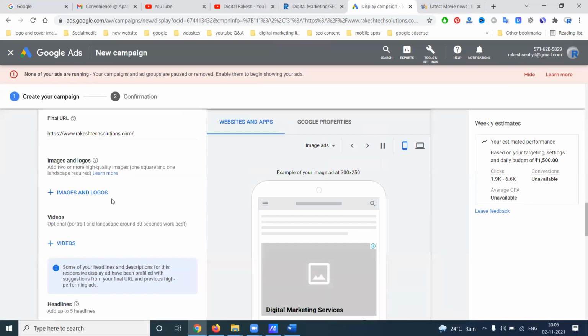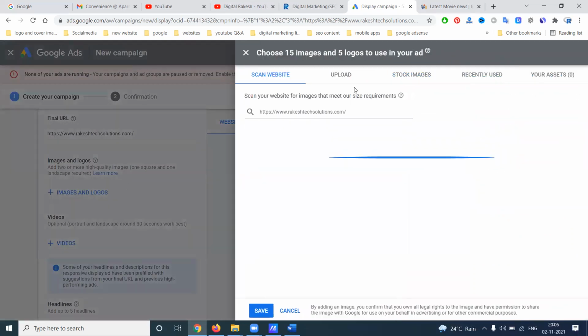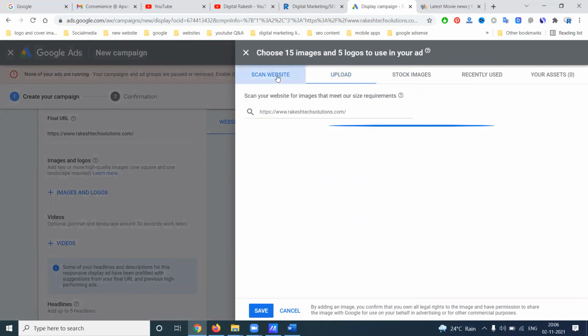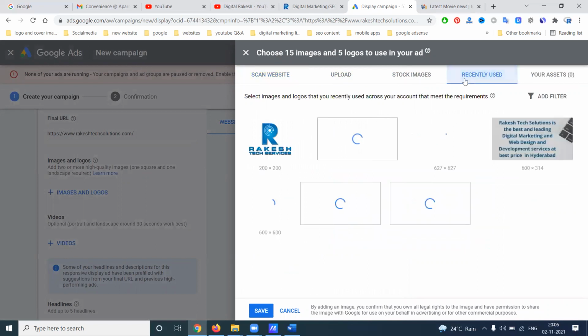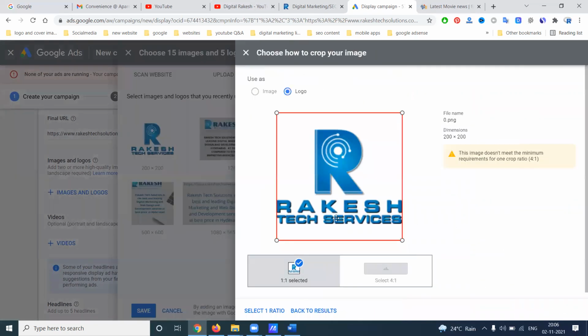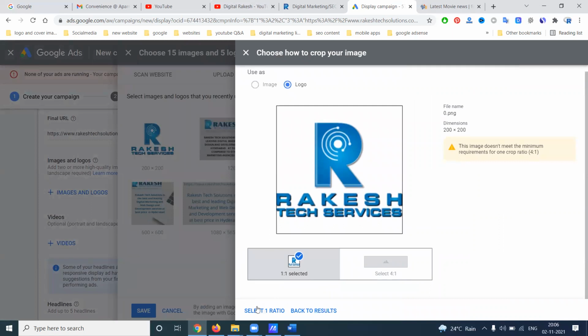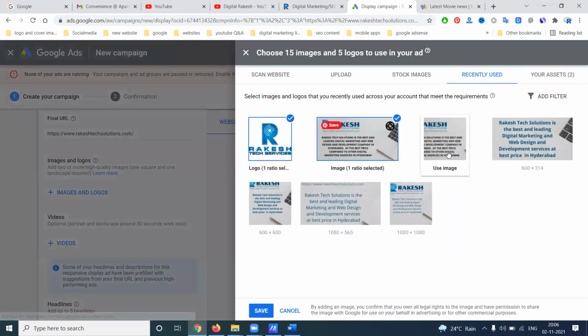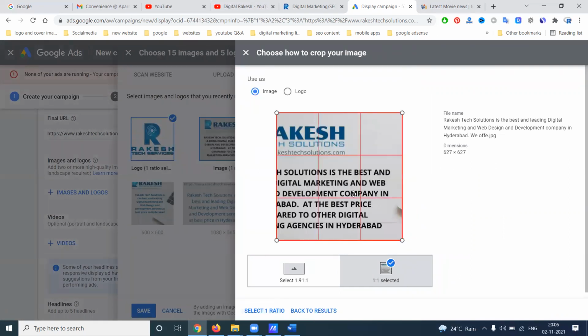If you change the URL here, we can add your complete website logos, or you can upload the logos. Here you can scan the complete website. Recently used. So what are the images I'm using here? What ratio can we use?